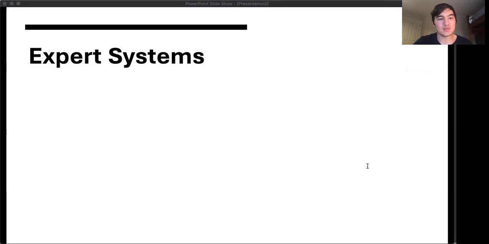Another thing that makes them special is that they are given an inference engine made by an expert, hence the name expert systems. So an expert will say, okay, you need to do this and this and that. And it's a set of rules that is given to make decisions. That's the whole point of an expert system. They're really decision-making algorithms, or not algorithms, but engines, and they make decisions.